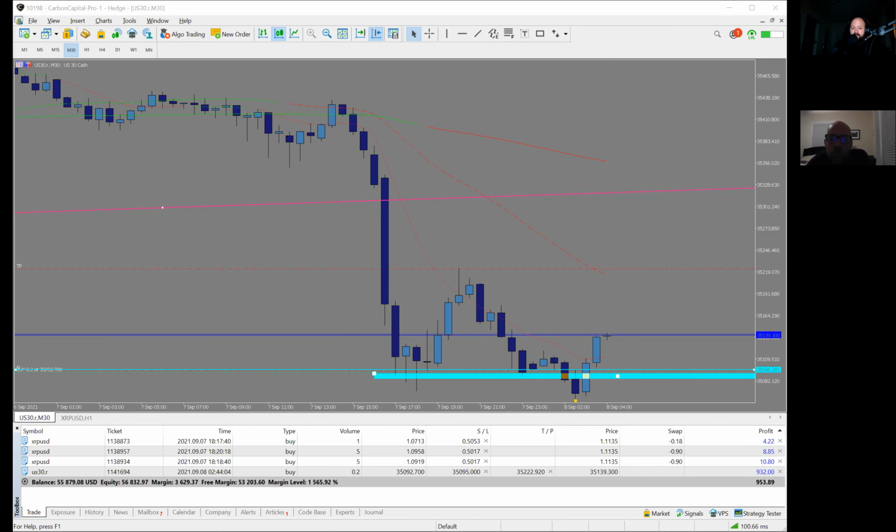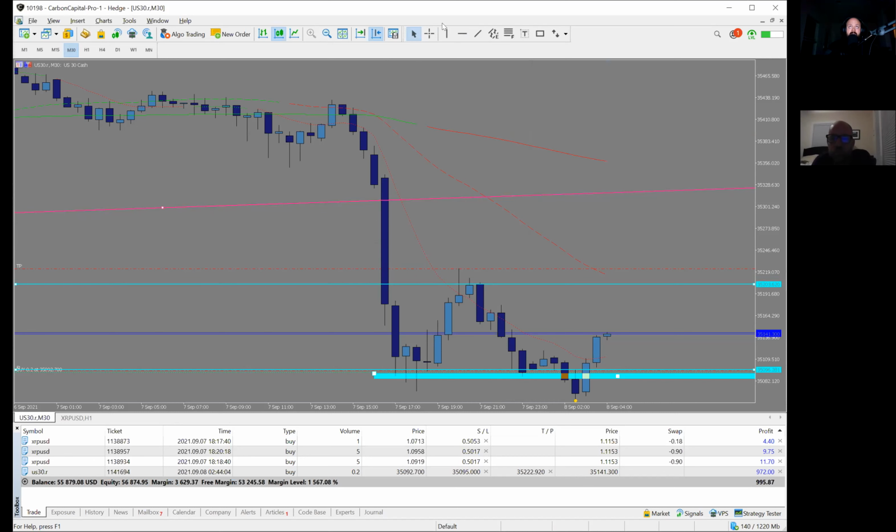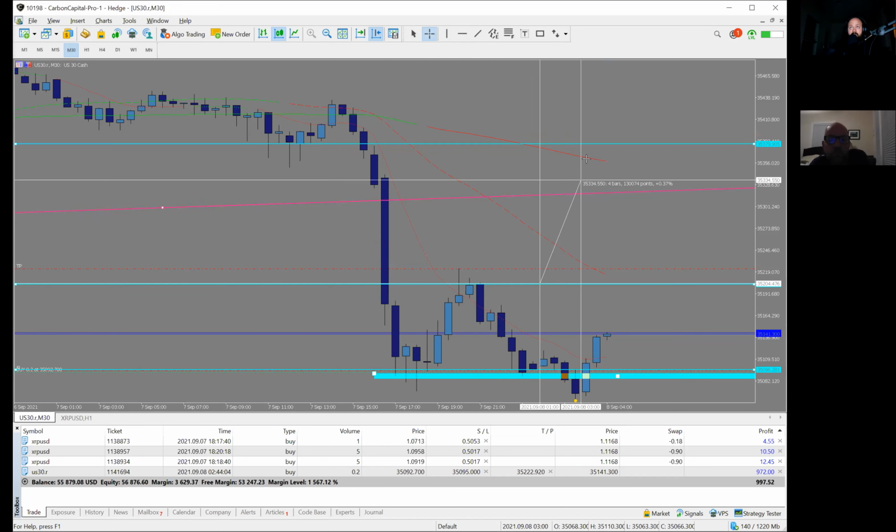So the question came across. Let me see what Nicholas says. He says, why will it not go higher? I have my TP over 100 pips. So it may go higher, but I also know that when you've got a big candle like this right here, you've got a zone. So technically, if we're mapping these zones out, your zone is there, and then you've got a zone right there. So when you're looking at that zone, you've got a gap of around 177 pips that